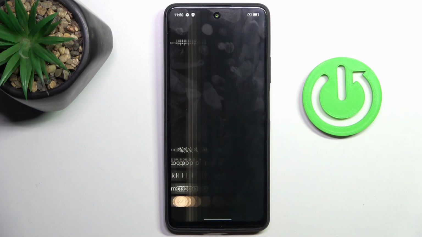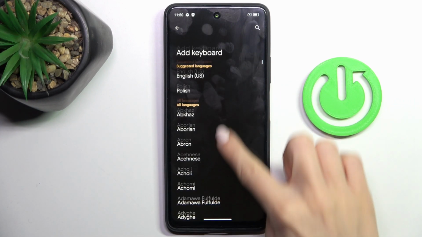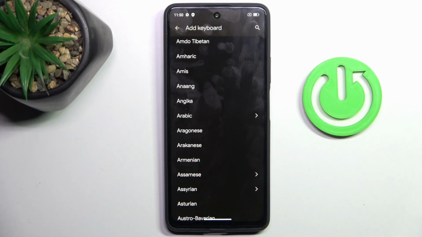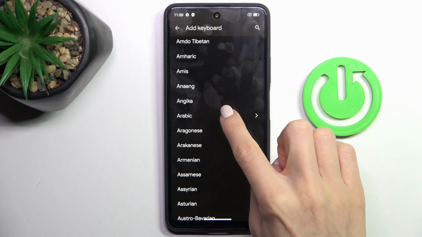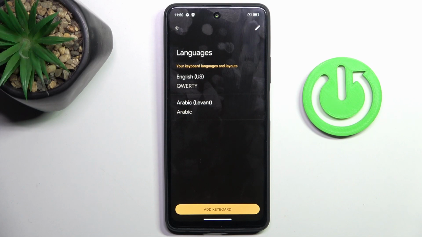Now tap on settings icon, select languages and tap on add keyboard. Select the one that you want to use. You can either scroll all the way down to find it or use search button and then enter the language that you want to apply, tap on done, and now you can either stay with both languages or remove unnecessary